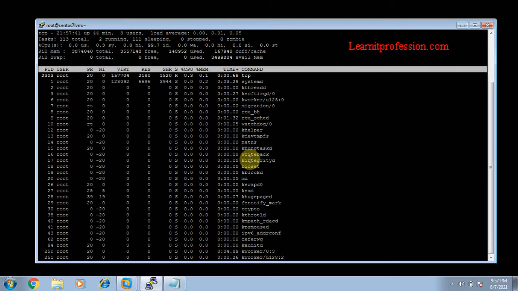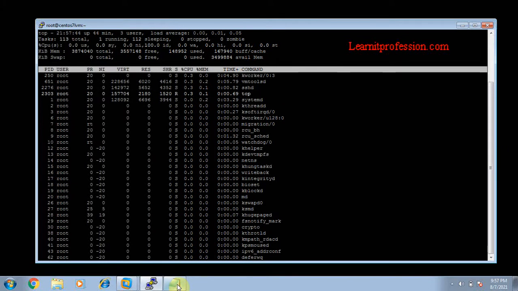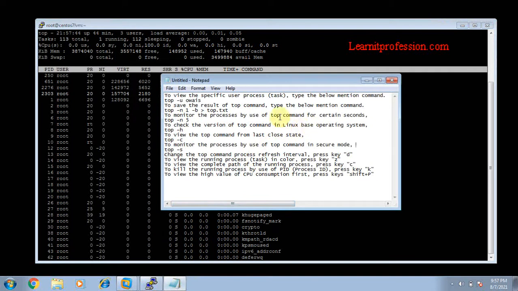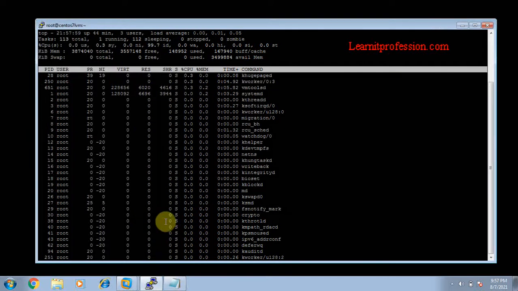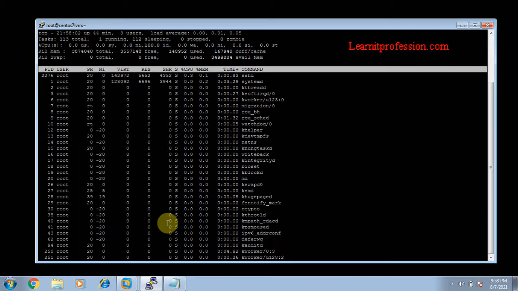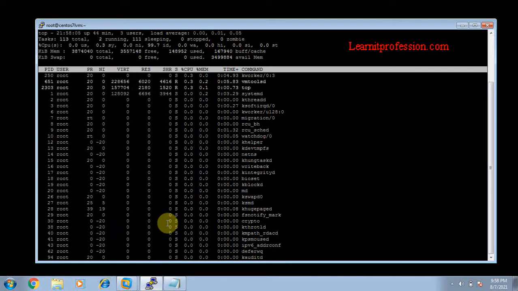Here I have written a little note to show you. If you want to view a specific user's processes, you can use the command top space dash u space username.